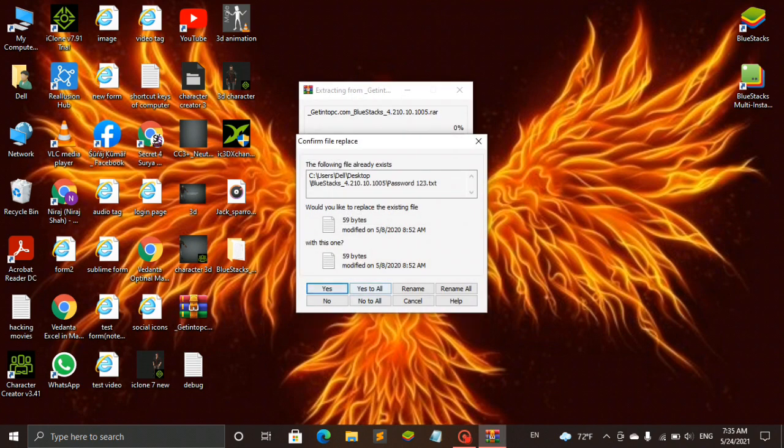So guys, I have already extracted it here, so it is asking about replacing, but I will not replace it because I have downloaded some applications in this BlueStacks, and if I replace it, then I need to download them again. So I will not do that.